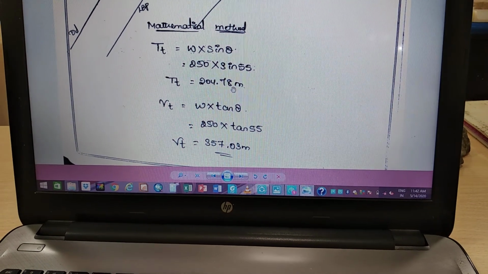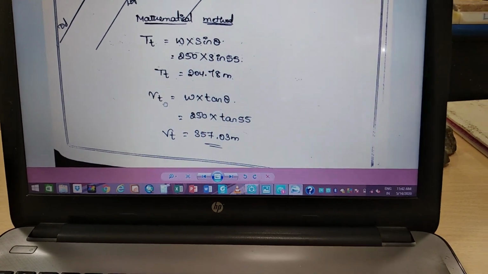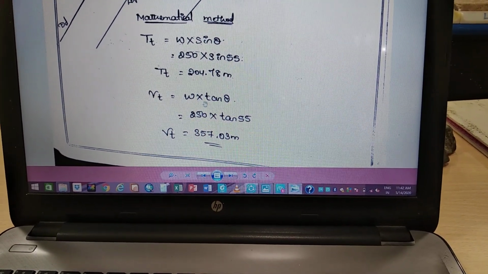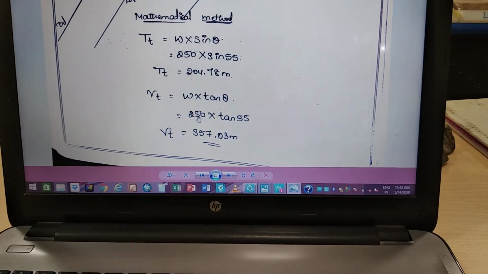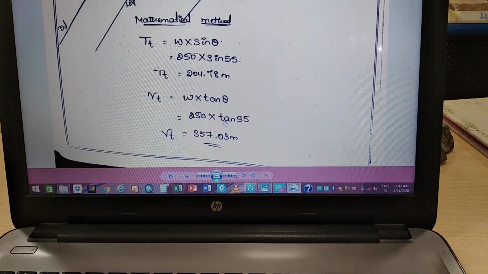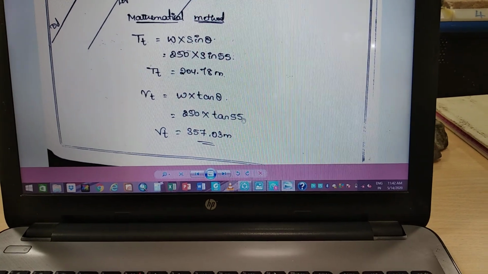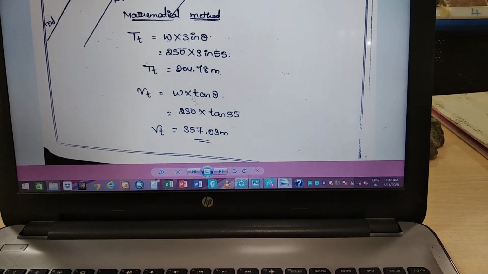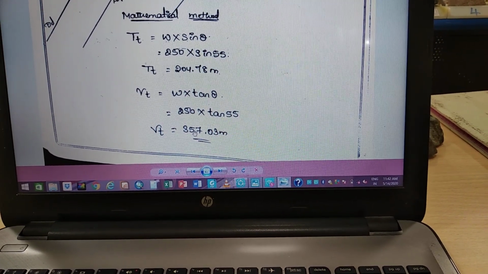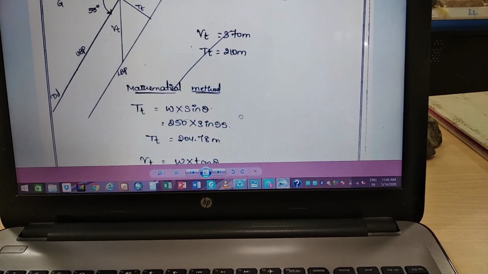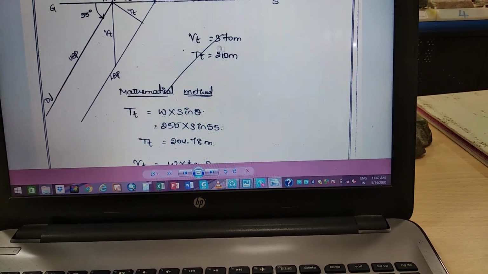204.78 meters. Okay, so this is the true thickness, and vertical thickness is equal to W multiplied with tan theta. 250 meters we have, the width of the outcrop, multiplied with tan theta. Theta is the 55° angle. So you got this. So this true thickness and vertical thickness, these two final values, should match with this